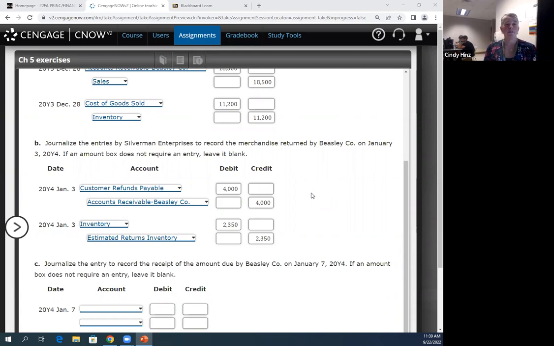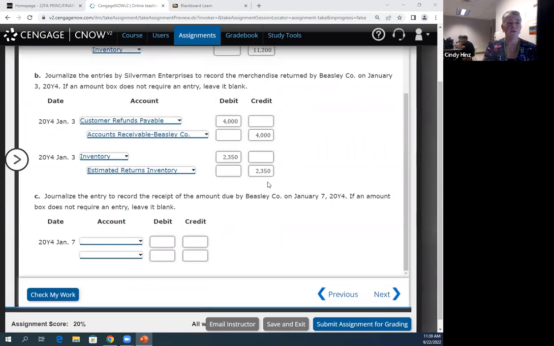That customer refunds payable then is an estimate based on what we think might be returned in the future, which would be based on what has happened in the past. And if we're a brand new company, this is even more complicated because we don't have that history to look at. So we're going to give it our best effort to estimate how much might be returned to us. And we're likely to be less accurate when we don't have that history.